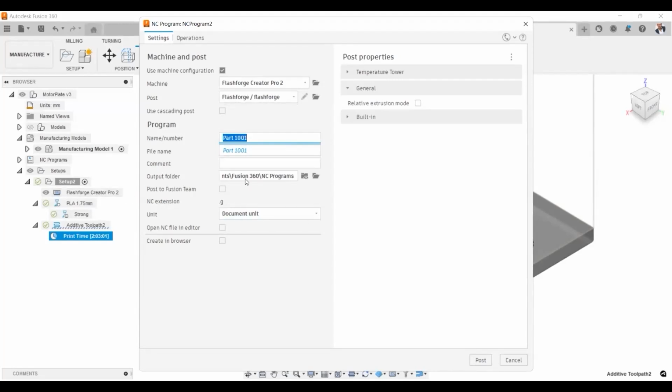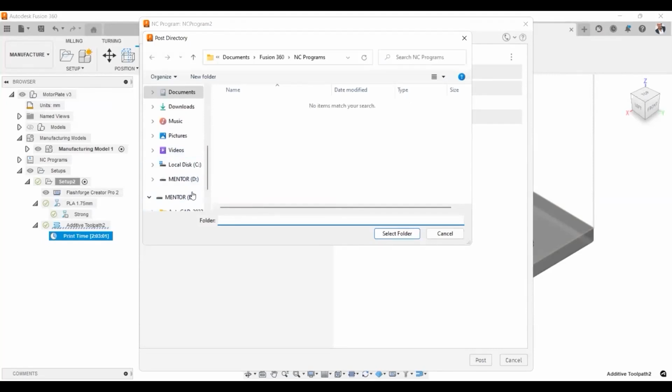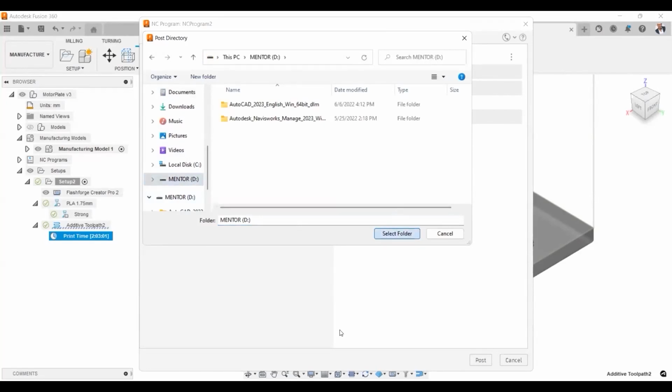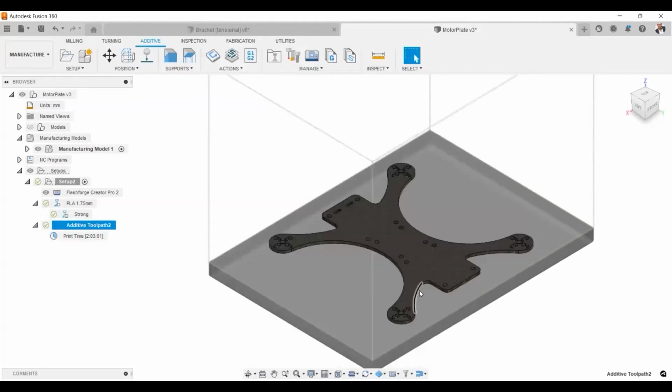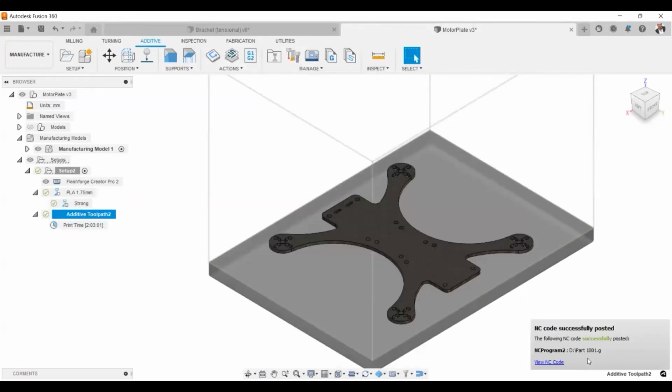So the output file is telling me this is the output file, but I say no. I want to change the output file to something where maybe I have an SD card or flash from the printer that I want to point to. So let's say I'm selecting this, and I'm going to use this as the output file. Then I click here, post process, and it sends the NC code to the flash. So I can just pick the flash, eject the flash, and be able to print. If you see that, this is the part I just printed. I'm just going to pull it and insert it into